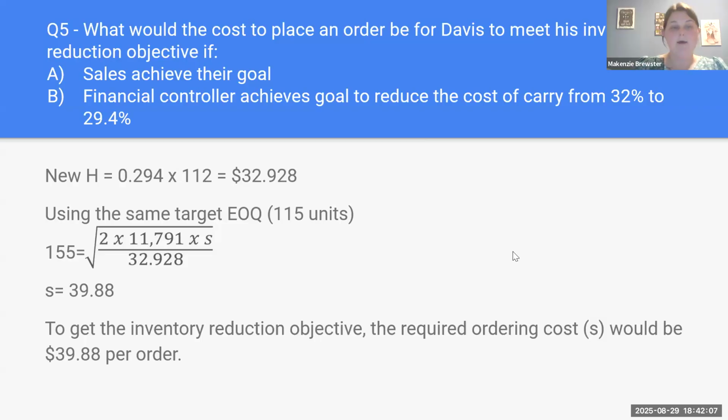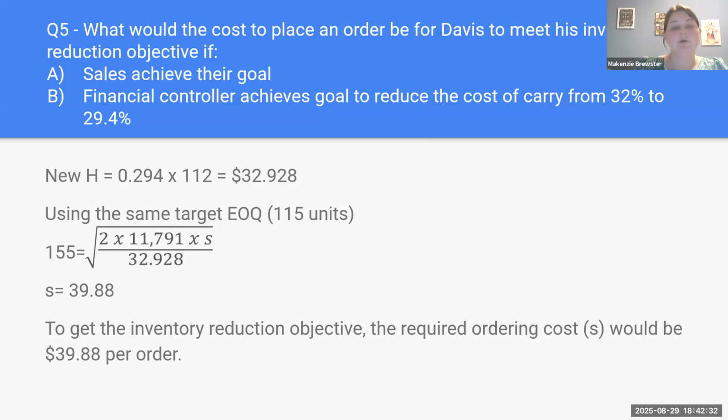For question 5, what would the cost to place an order be for Davis to meet his new inventory reduction objective if sales achieve their goal, and the finance controller achieves a goal to reduce the cost of carry from 32.32% to 29.4%? So you're going to determine your new holding cost, which is going to be 0.294 times